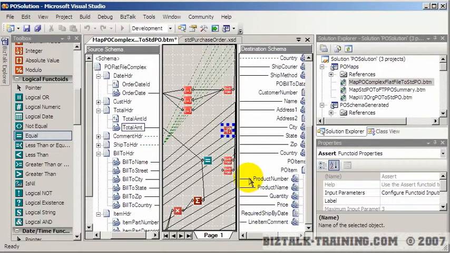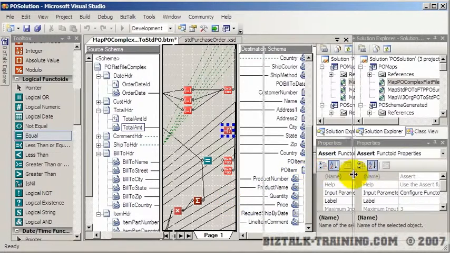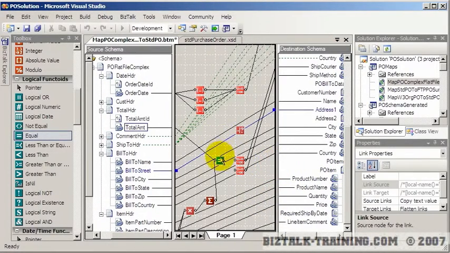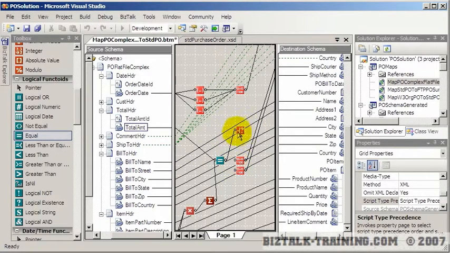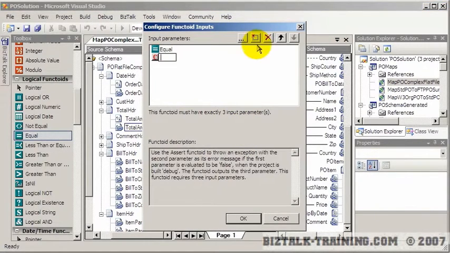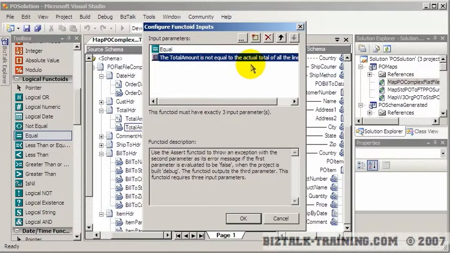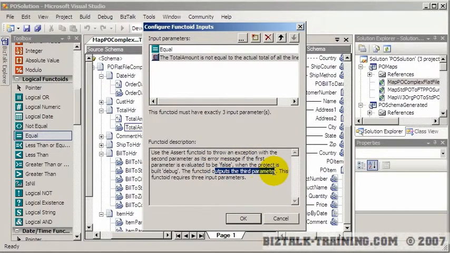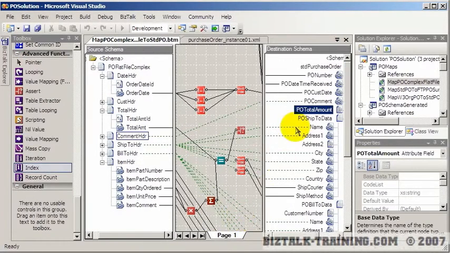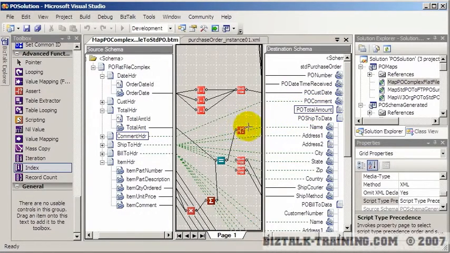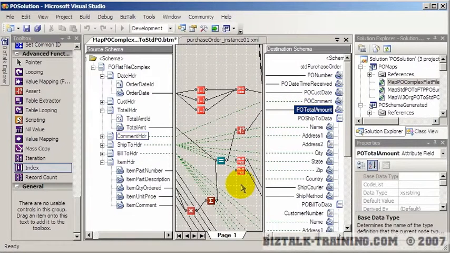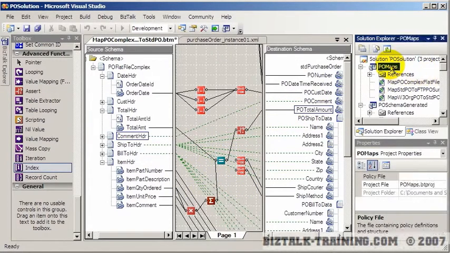So what we want to do is slide this over a little bit. We want to take this equal sign here, which will give us a true or false. So that's the first parameter. The second parameter is the message: the total amount is not equal to the actual total of all the line items. And then the third parameter would be what you want to use if it's true. So I added a new field on the right here called PO total amount, and we'll map it over there if it's true. Now let's go and just build this project,